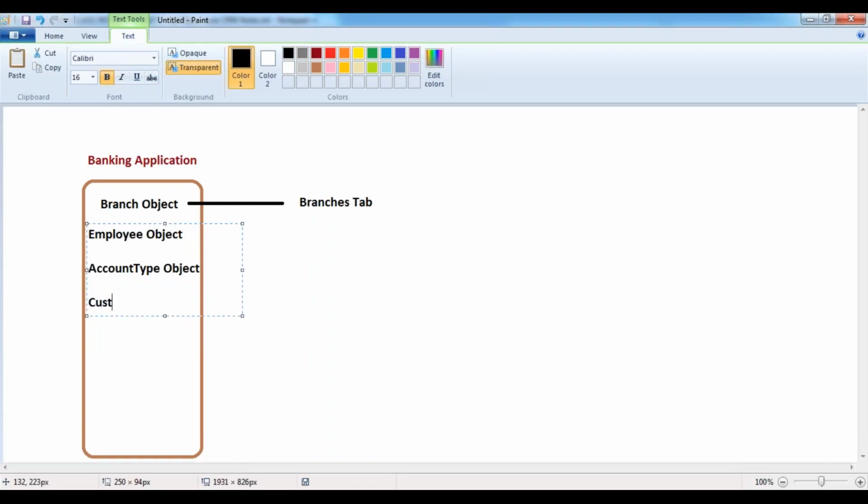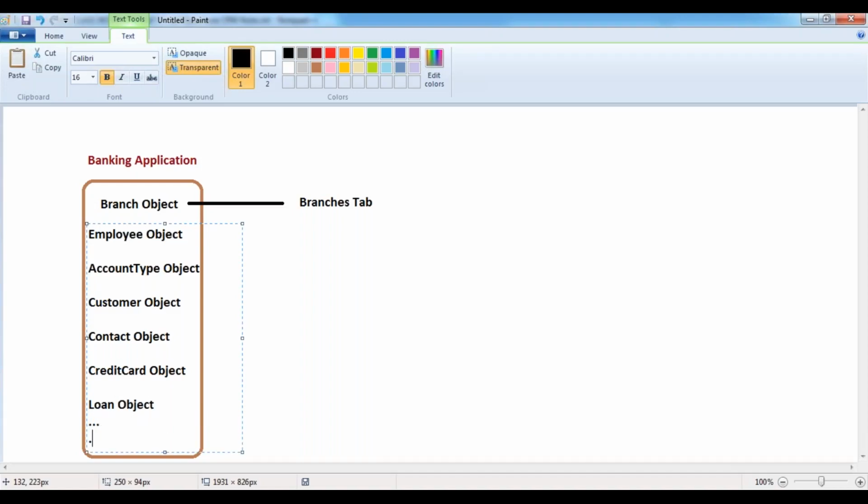And then we have so many customers. To store all the customers information, I'm using this customer object. Each and every customer has their own contact details, so here we are using a contact object. Every customer has his own credit card, so to store this information, we use the credit card object. Every customer has applied for a loan. To store this loans information, I'm using the loan object.